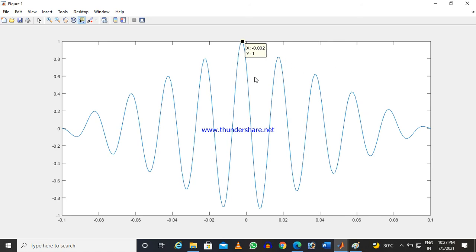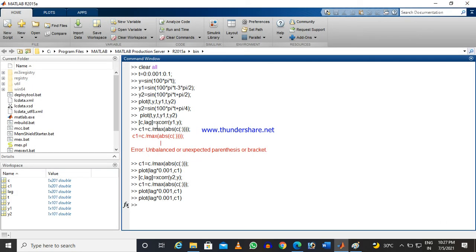It is shifted. That means if I shift the y signal from the reference time t equals 0 by 2.2 milliseconds, then it will be matching. So basically, for a huge number of discrete data, we do this kind of thing, and we will find out what the lag is.